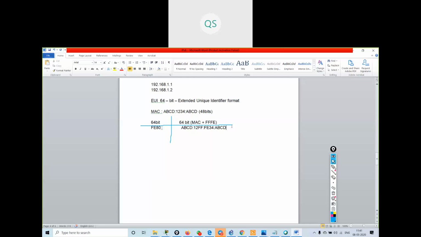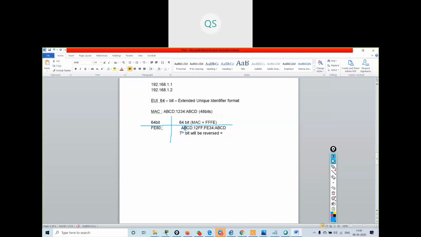Now my actual address that will be showing will not be this. The seventh bit will always be reversed. If you consider the seventh bit from the start, these are my 8 bits, 4 plus 4, correct?